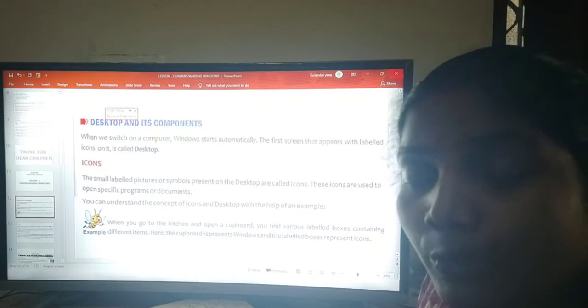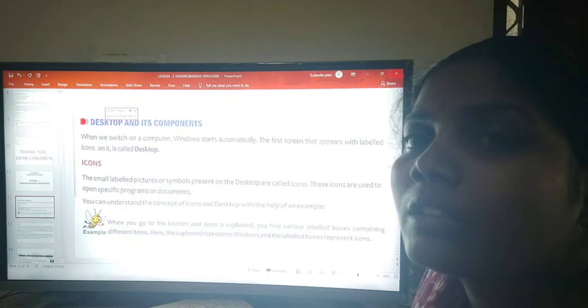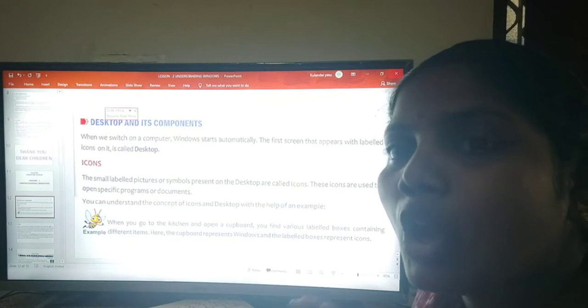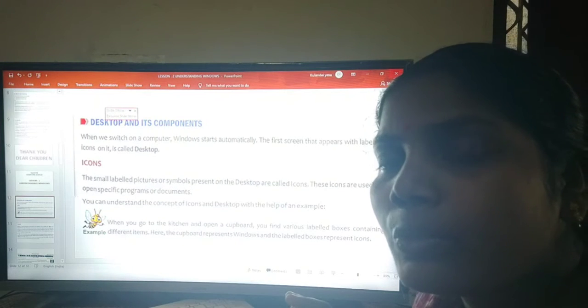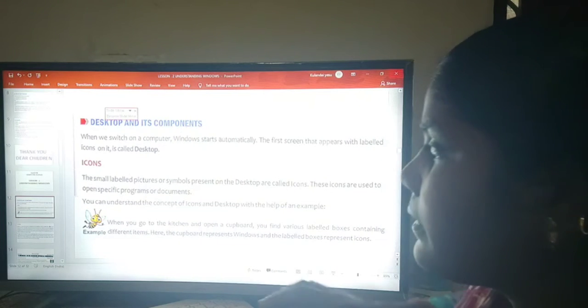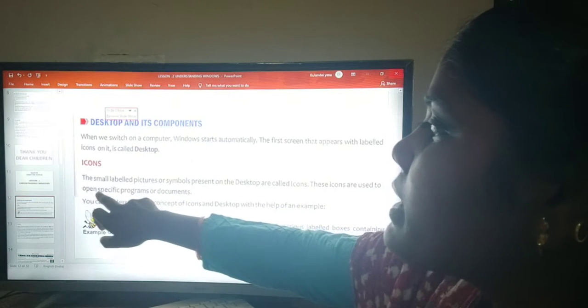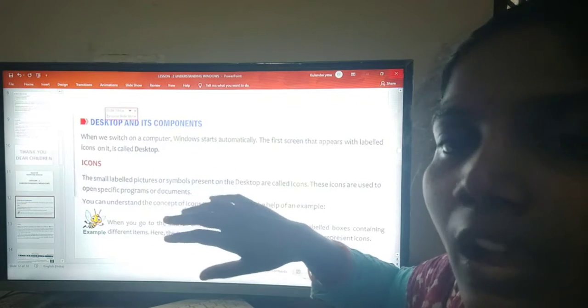If we need a particular program or document, we can click on the icon and it opens that program or document.